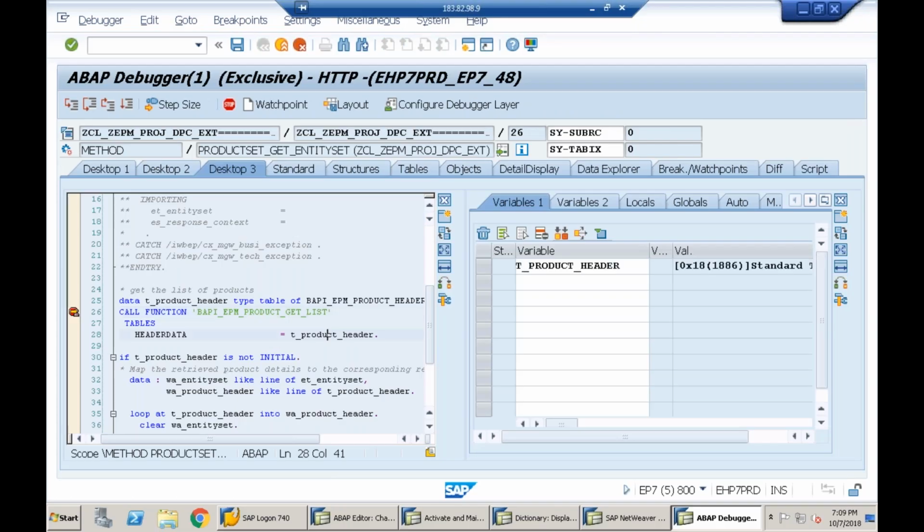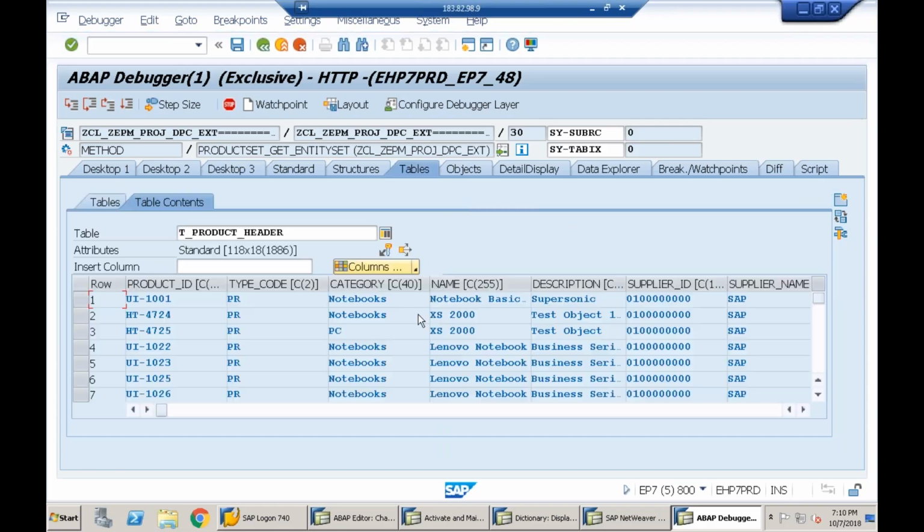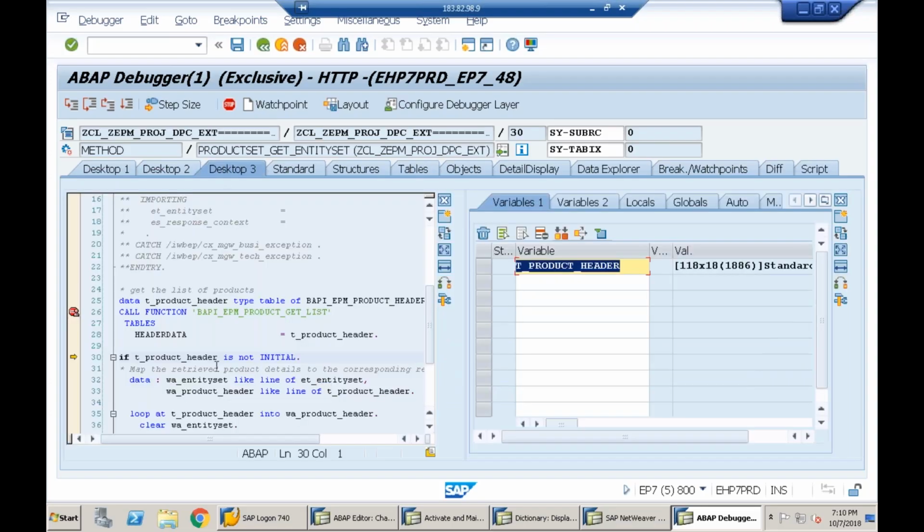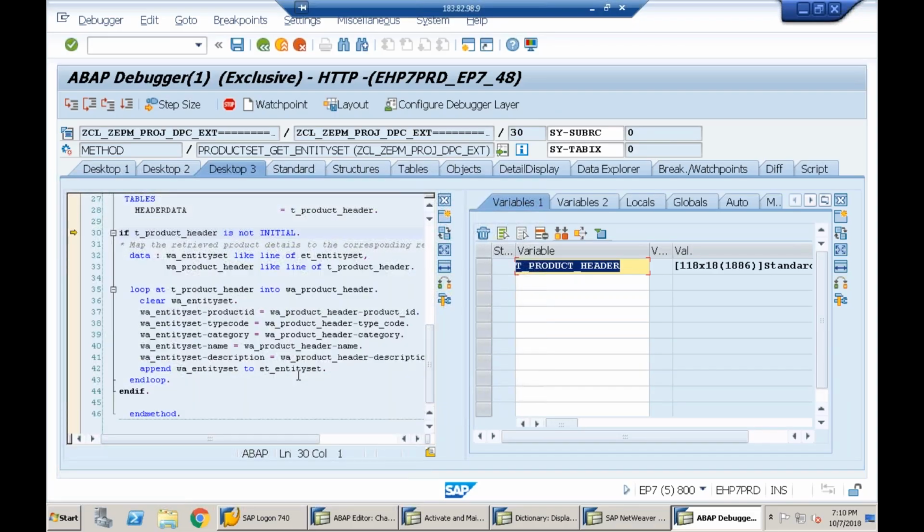So this is my internal table which has got 0 entries. When I call that function module, I got how many entries? 118 records I got. Okay, I got 118 records, but each record contains around 18 fields. Okay, but we have to map only 5 fields: product_id, type_code, category, name, and description. That's why I'm just looping this internal table and I'm mapping it to my final internal table et_